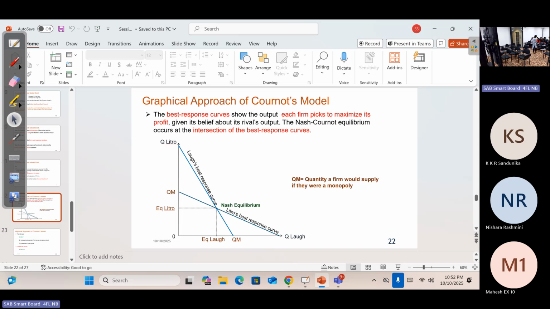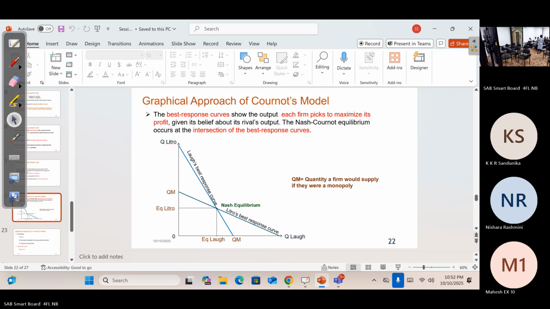So let us sum up oligopoly before starting the next session. What is oligopoly? The main feature is that there are few firms. Either they can get together, coordinate with each other, and set the price or quantity, or they can act independently and compete with each other. Depending on their decision, we categorize them as cohesive or non-cohesive. What are the examples of cohesive oligopoly? We learned two. Cohesive means they coordinate with each other.